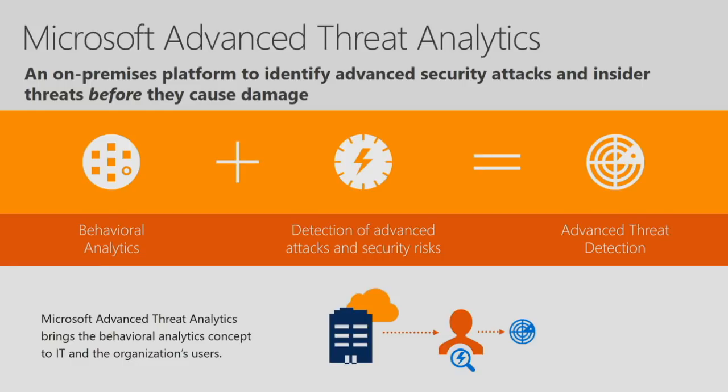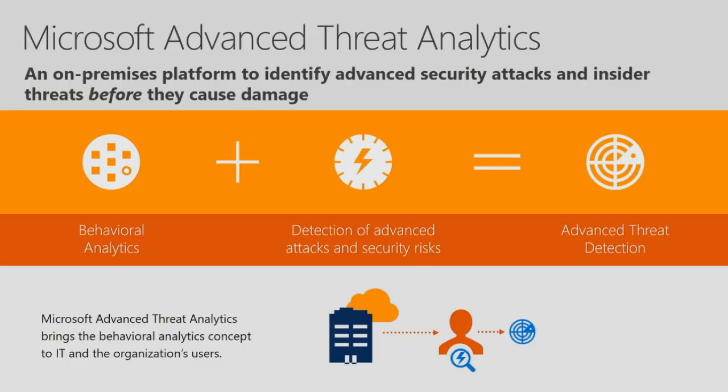During that time, they're mimicking a lot of the stuff that your users are doing. They're trying to stay under the radar, they're trying to stay very invisible, and they're trying to get control of your network. And that's where ATA can help. ATA is designed to alert you to those attacks, to try and find those attackers before they do any damage in your environment. Now, the way it does that, it has two techniques for doing it.